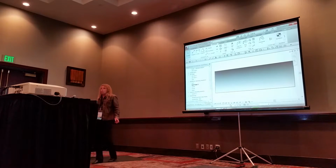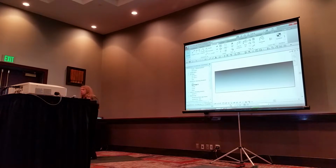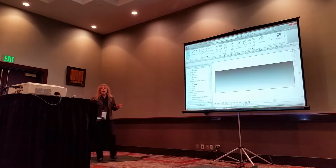Zoom all. What I have here is nothing more than an elevation view. I just cheated Revit into not knowing that I'm not looking at the model elements. You can't create an elevation without model elements. You've got to have a model in there somewhere. But what I wanted was that gradient fill. You can also use as a background photograph. So if you want to take a photograph of your site, your background, your aerial photo, and this with floor